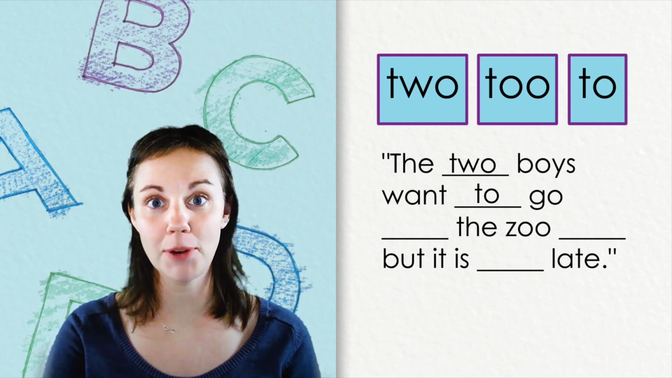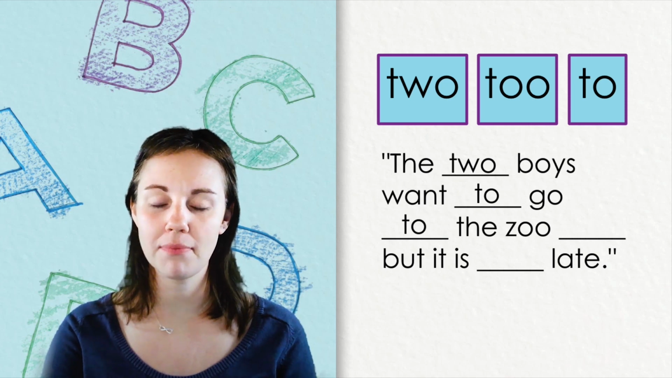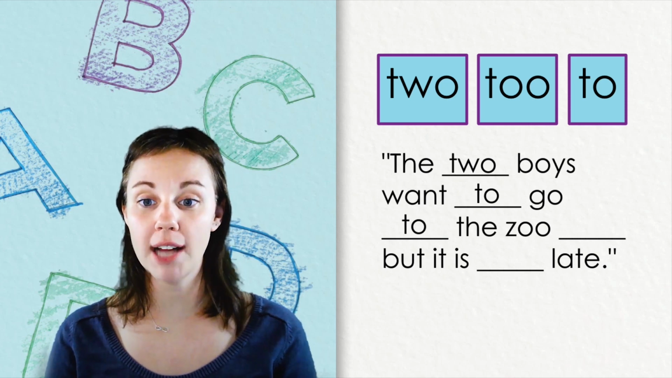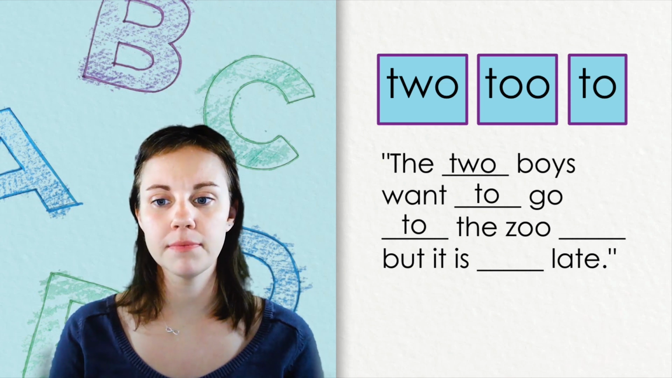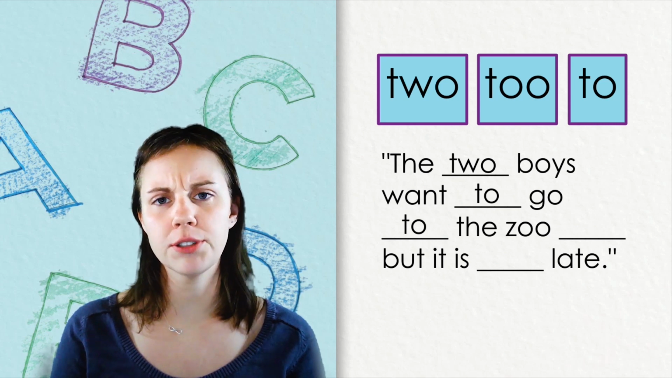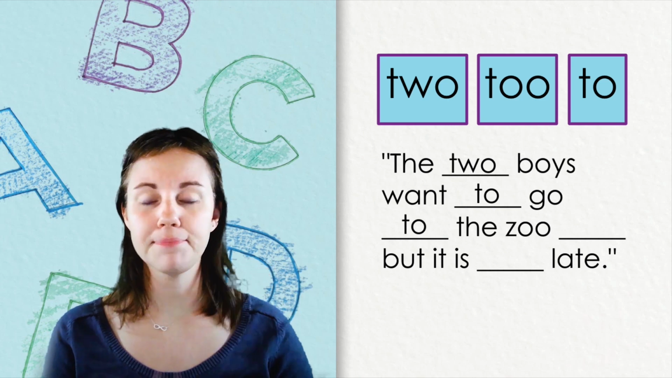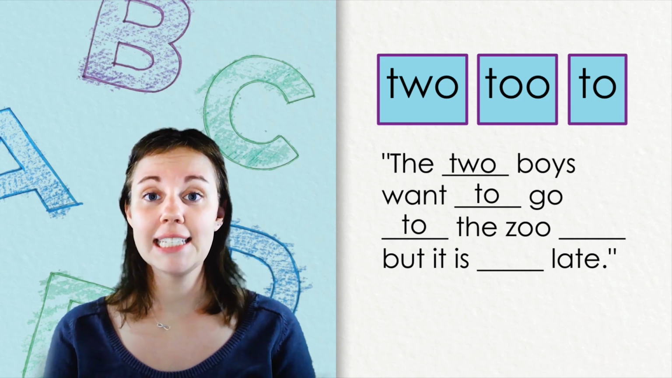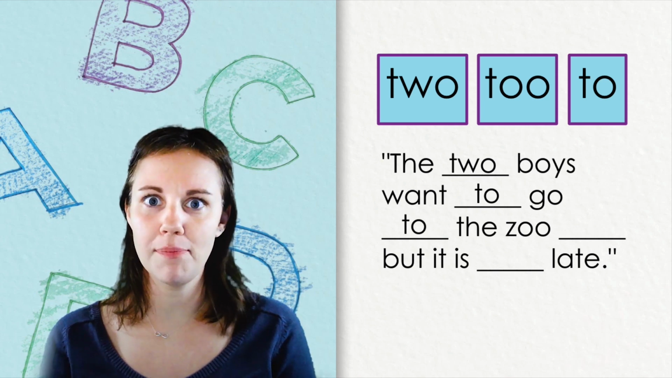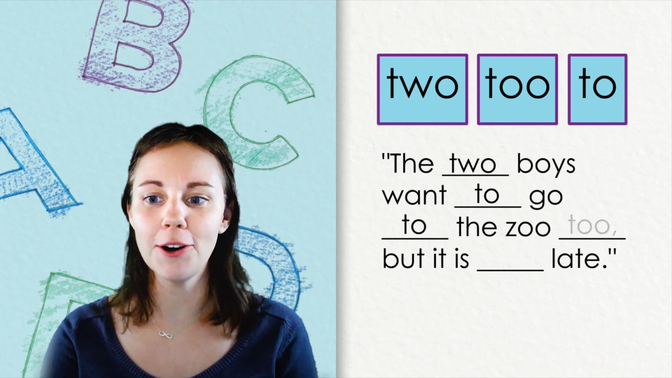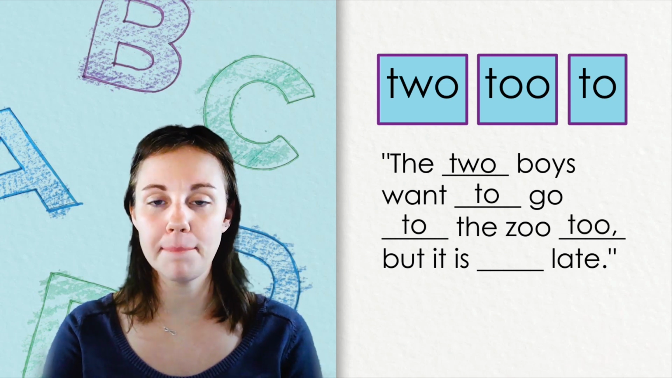They are going somewhere. Again, it's T-O, showing motion or direction. The 2 boys want to go to the zoo blank. Want to go to the zoo too? That doesn't seem right. It must be T-O-O, meaning also or extra. There are more people that want to go. There it is. But it is blank